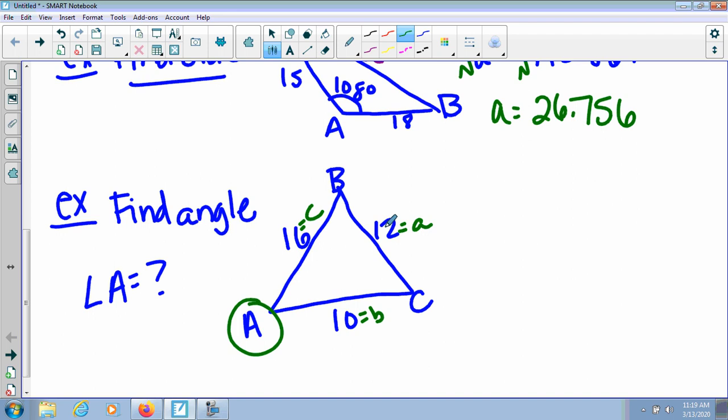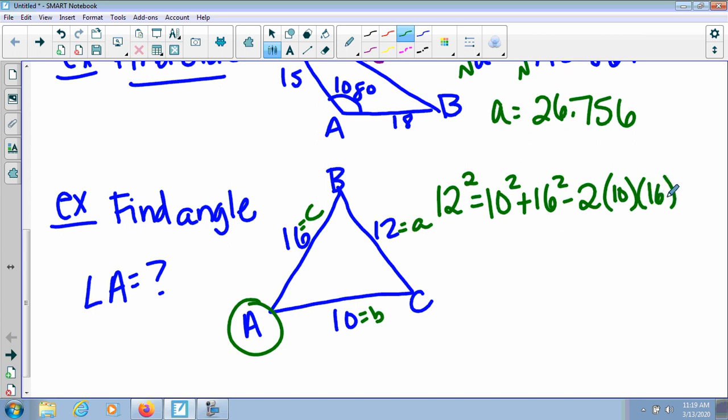So I'm going to have to lead off with my 12 because I'm trying to find angle A. So I'll go 12 squared is equal to 10 squared plus 16 squared minus 2 times 10 times 16 times